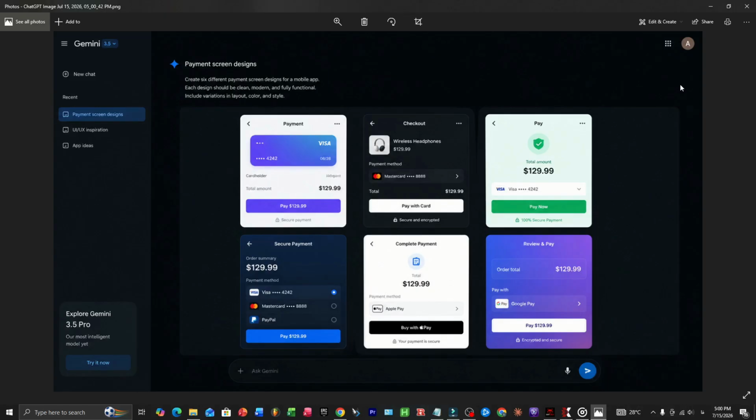This is Gemini 3.5, and here is the part almost nobody has straight. What you can actually use today and what is still just a leak are two completely different things, and mixing them up is going to waste your time. By the end, you will know exactly which one is real, which one is rumor, and how to get the